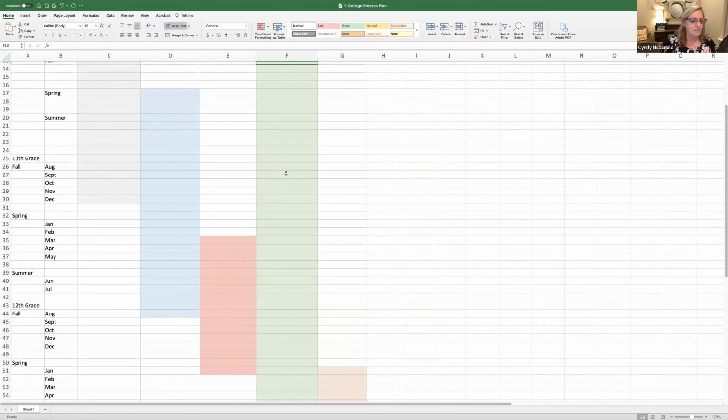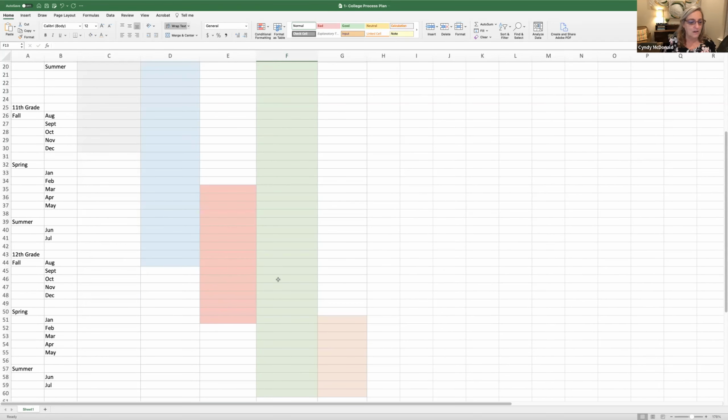And then in the fall of the senior year, just before October, it's a Cash for College event. So whatever it is, and if you need more rows, if you need to put 2 or 3 for one event,